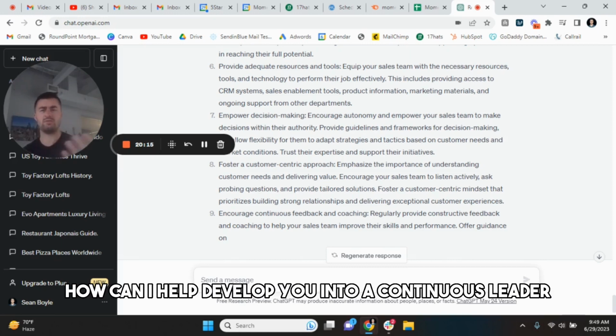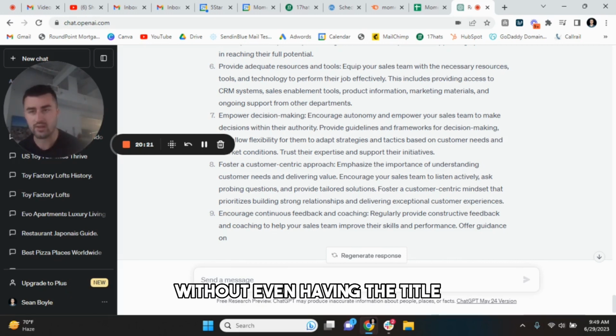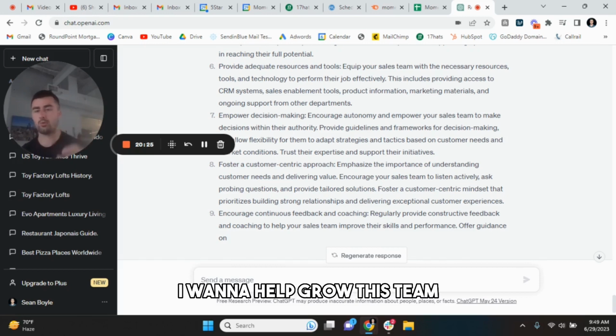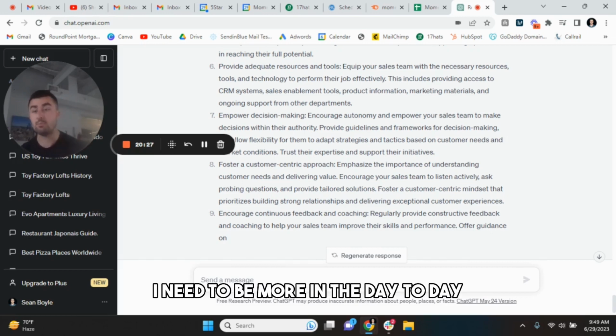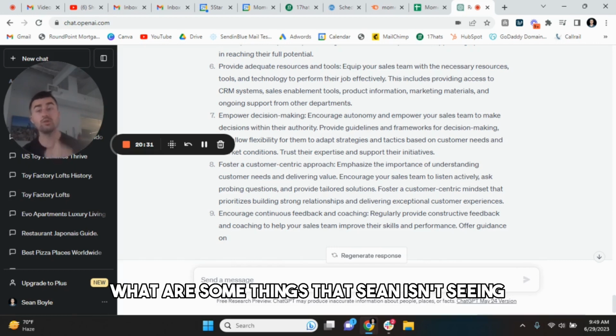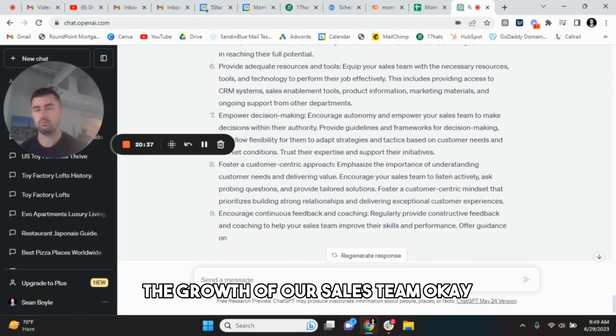How can I help develop you into a continuous leader so you could potentially manage this team yourself? So they, without even having the title, are already intrinsically thinking, hey, I'm going to be promoted. I want to help grow this team. I need to be more in the day-to-day to understand what's working, what's not. What are some things that Sean isn't seeing on a day-to-day basis that's very, very important for the growth of